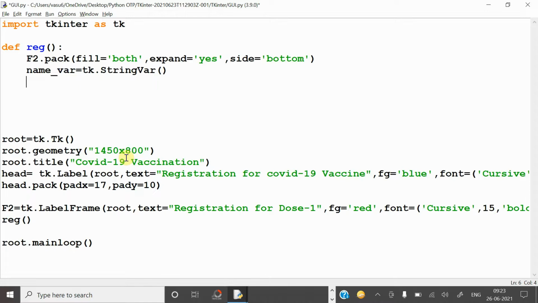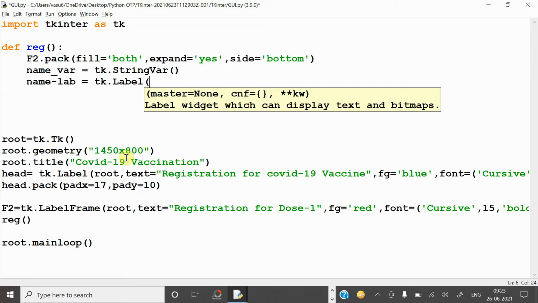Now after that, for displaying the name on the screen, enter your name like such message. So what you have to do? You have to create one label. So name label equal to tk dot label. I am creating one label for displaying the name. So where should this label be?